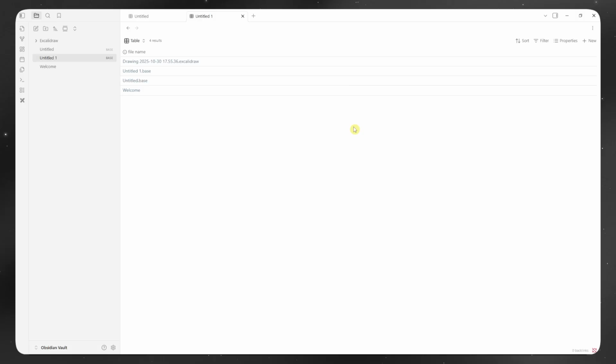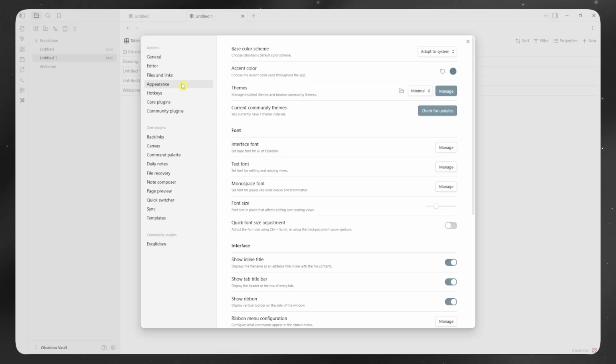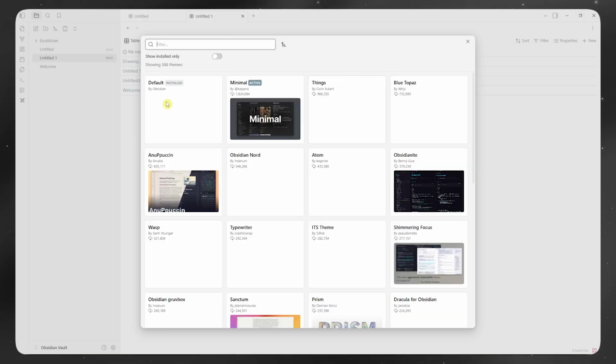So let's get started. First of all, for all of those who don't know how you can install a theme here in Obsidian, you just simply need to open the app and click here on the settings icon on the bottom left. From here, go into Appearance, and then you should now be able to see Themes. You want to go select your installed themes right here. If you don't have one yet, you can click here on Manage, and then you'd now be able to see